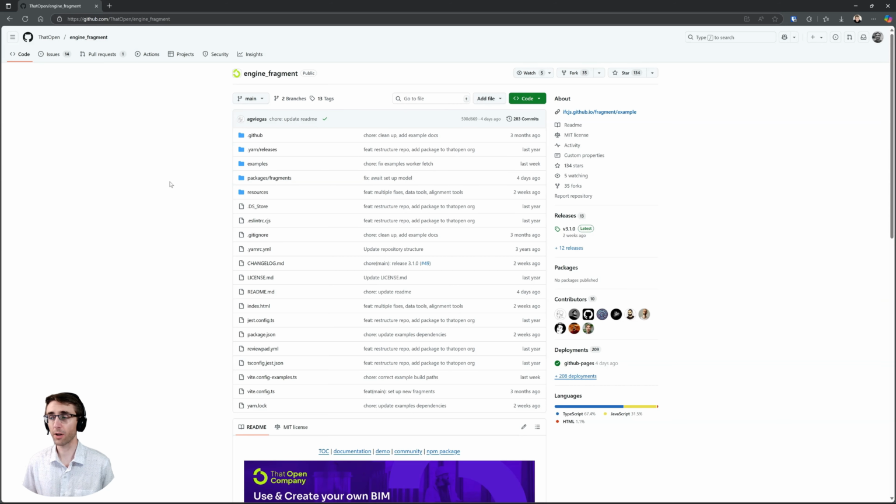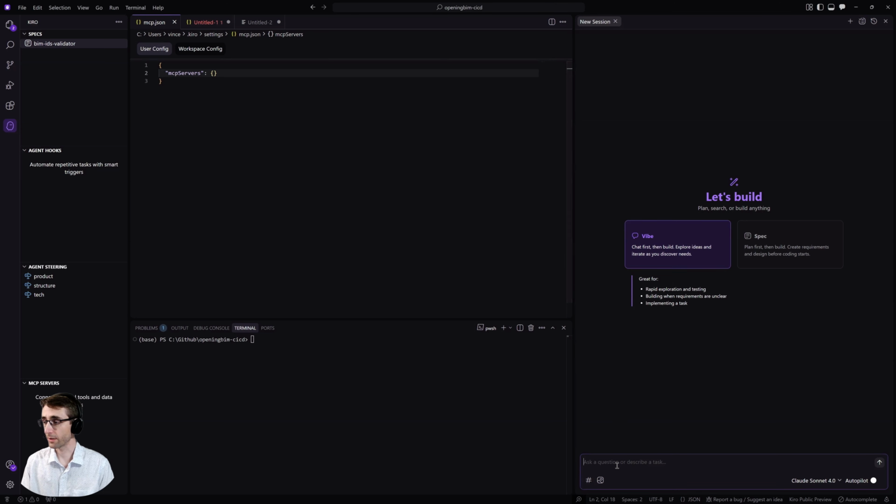Suppose you want to get better context from that open company's engine fragments framework in this case. Now, this could be any other GitHub repository. In fact, this could be any other website on the internet, essentially, that you could use this concept on. But let's focus on Git repositories for this example. You could just tell the AI to go get this URL. So you could copy this URL and go into the AI coding agent and say URL and then give it the URL and say,